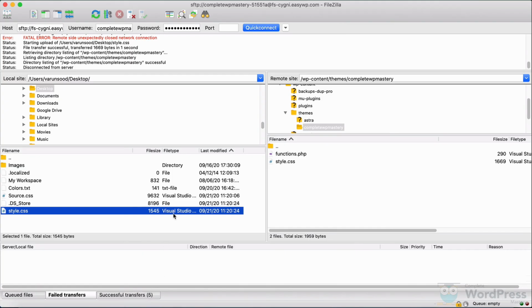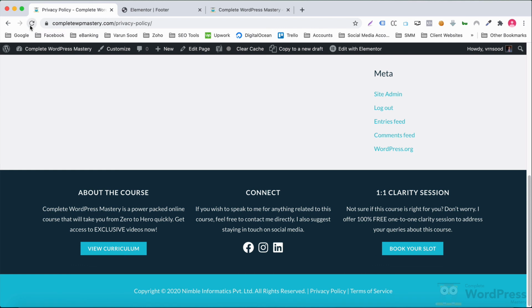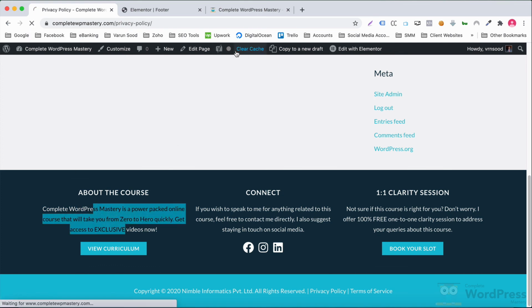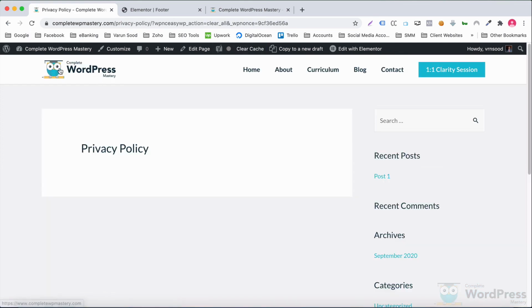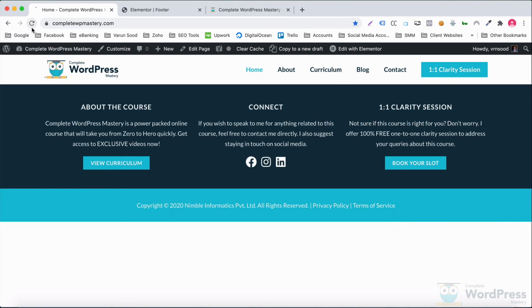I'll save this file and upload it to the web server. Clear the cache and reload again. There you have it. Our selected text now looks the way we wanted it to.